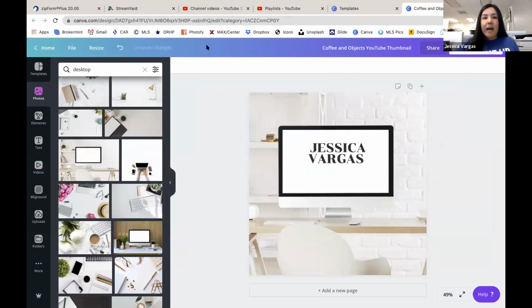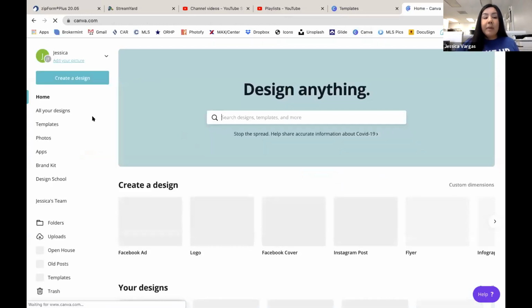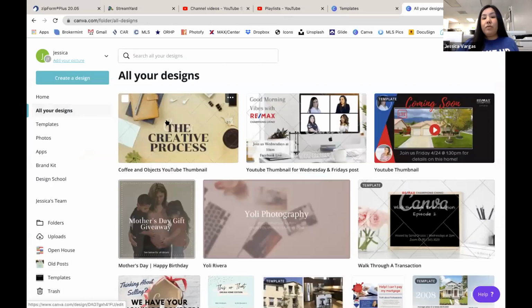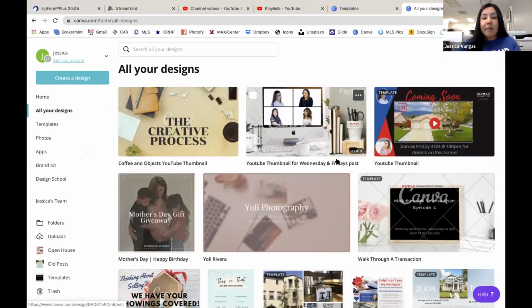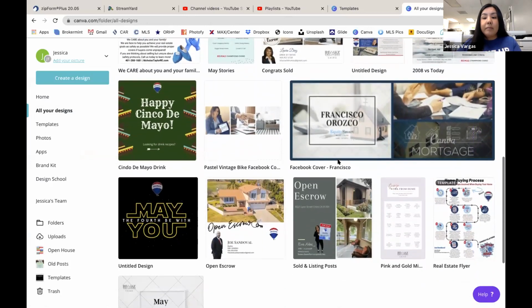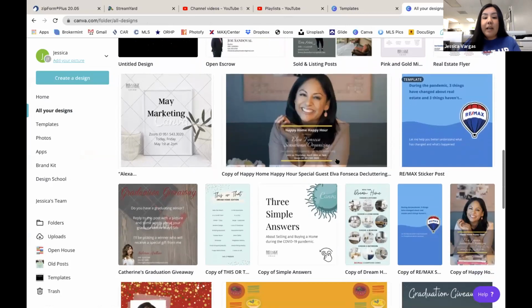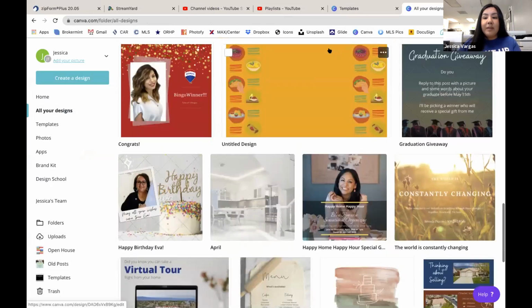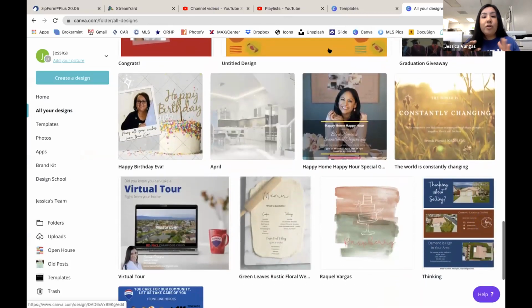But I do use this a lot. It's very worth the pro version, but there is a free version. You just have to scroll a little bit more. These are my templates and what I create on my own, but you guys are welcome to reach out to me for any help with Canva. I know it's a lot to process. Just do little things. Use the templates that they have. Adjust them to make them your own. Change the font. Change the shapes. It's really useful to do it that way.